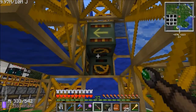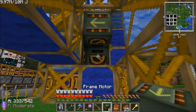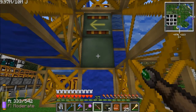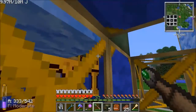Now the next one, if I come round, it's the easiest place to see in this. Yep, we want our arrow facing away from us, so shift right click that. So that's correct, and quite hard to see this one, but what we want is